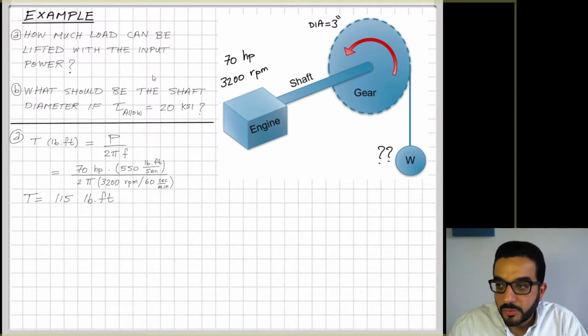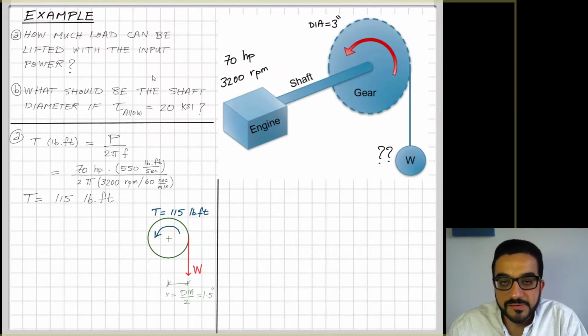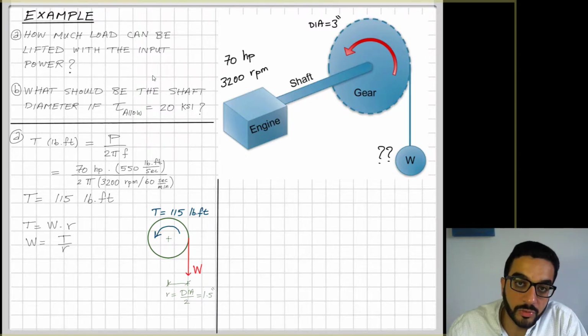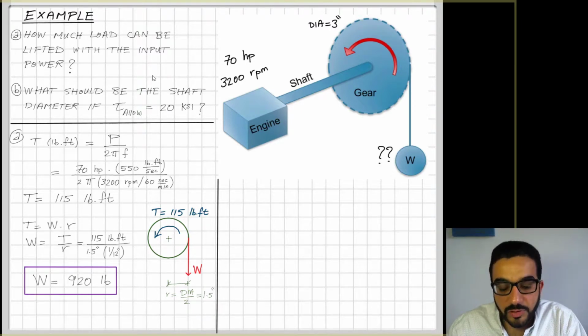That's the torque. Now this torque is helping to lift that weight W, and that weight is in equilibrium with the torque through the distance, the radius here. And if the diameter of the gear is 1.5 inches, now I can use the formula for the torque equal to the force times the distance. So the weight is equal to T over R, and I just plug in the values and figure out that the maximum weight that I can lift is 920 if I'm going to use this engine at this frequency, 3200